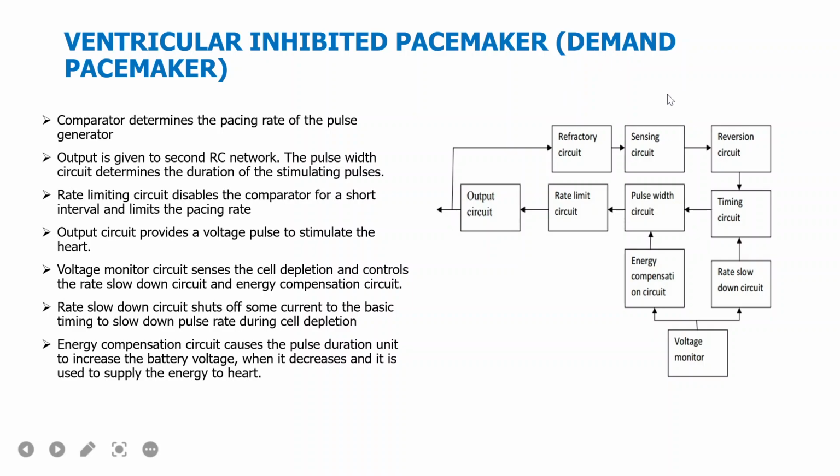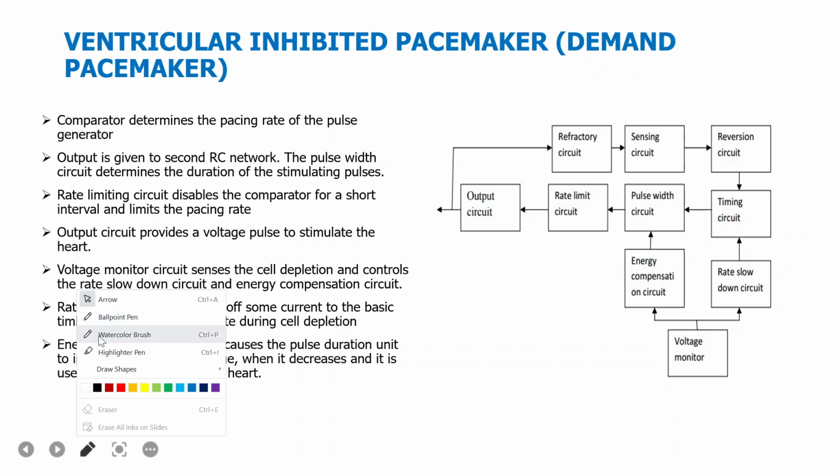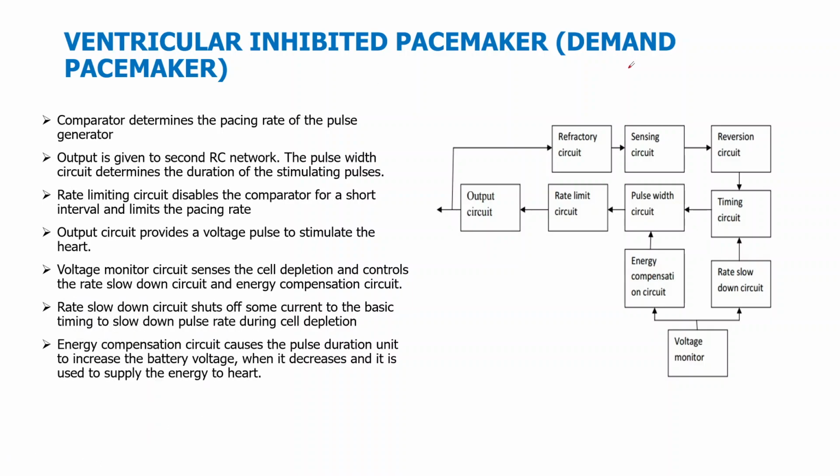Here the first one is the demand pacemaker, the inhibited pacemaker or demand pacemaker. In this inhibited or demand pacemaker, whenever there is a need, the circuit will generate impulses to the heart. The timing circuit adjusts the time duration for the pulse width circuit, and the pulse width circuit provides the pulses through the rate limit circuit to the heart if required. And also, from the heart, the electrodes continuously monitor the R wave, and the refractory circuit